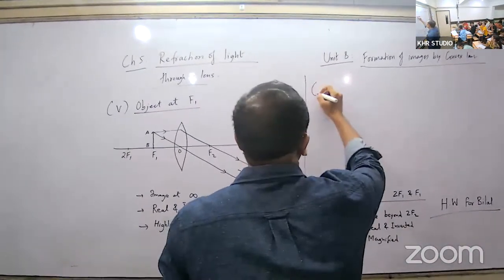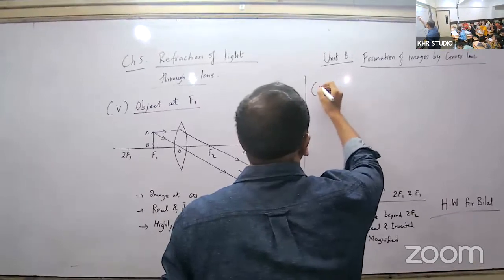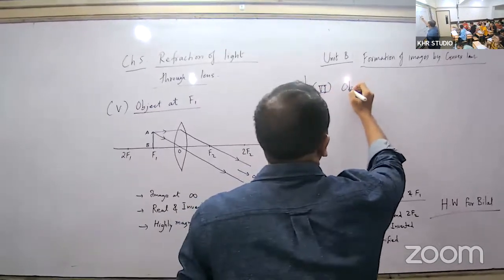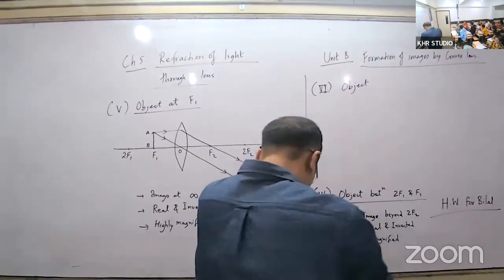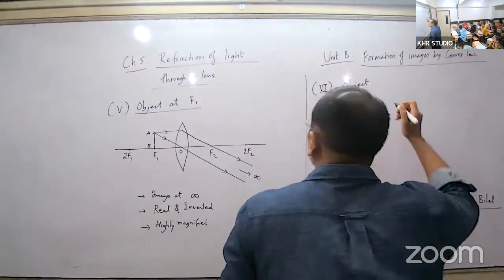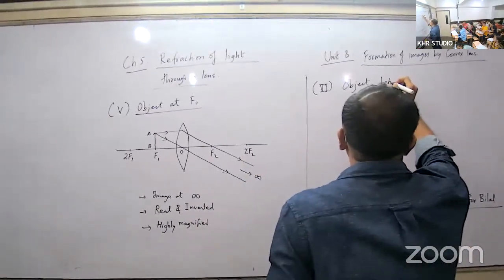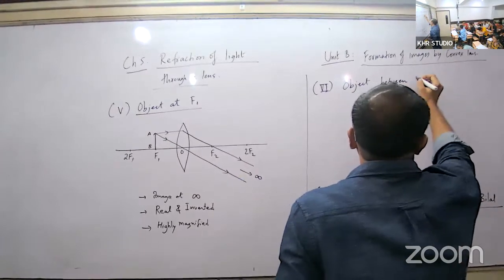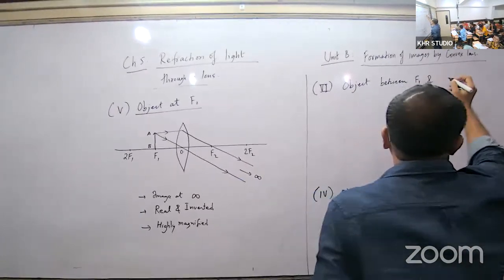What is the last object position? Object between F1 and